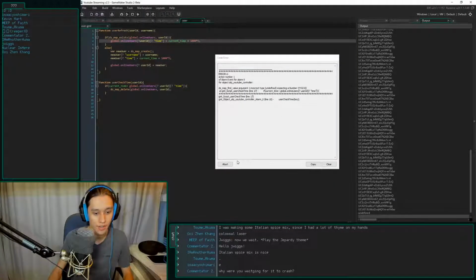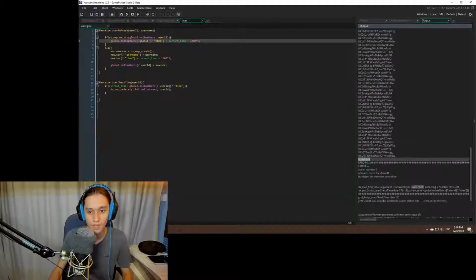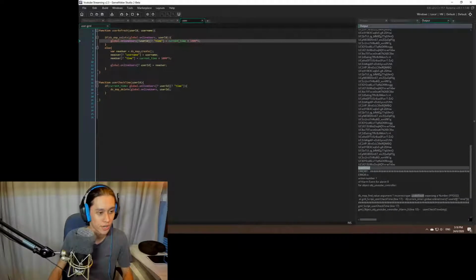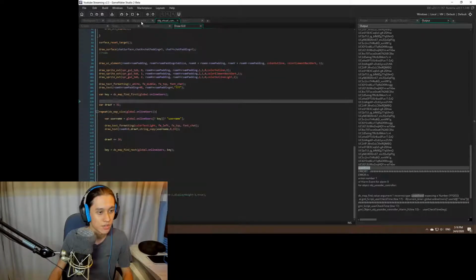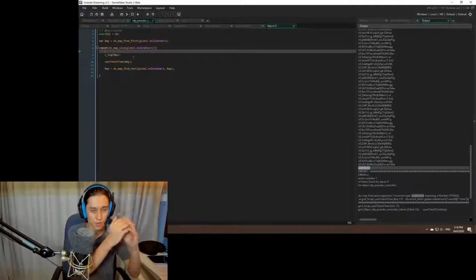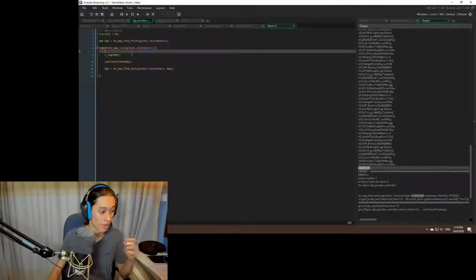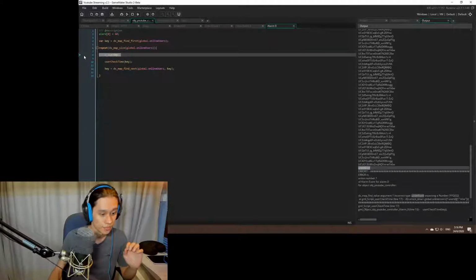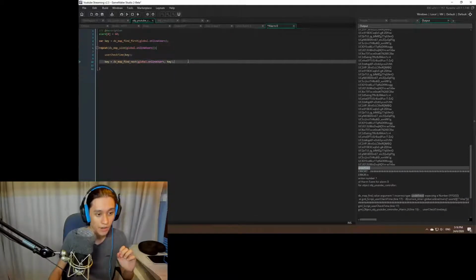That was funny. Literally logging a string called key. Why am I waiting for it to crash? Because I need to see what it's doing for the error. Here we go. There we go. That's what I'm looking for. It's undefined. So as it's looking through all of these, it's crashing because it's trying to remove an undefined user. And I believe this has to do with the fact that I'm looping through this entire thing, but I'm deleting entries partway through it. So that's creating a problem where it's giving me an undefined entry.